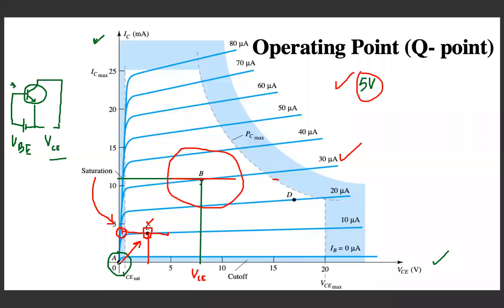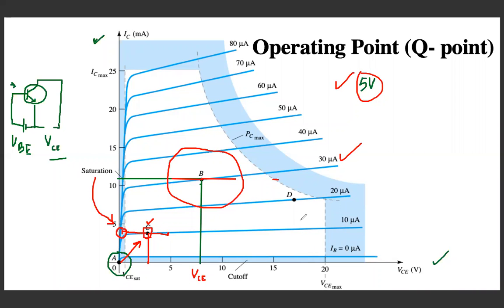This is near to VCE equal to 0 and IC equal to 0. और IB भी आपका 0 के पास में है, ठीक है। तो उसकी वजह से क्या होगा, ज्यादा रेंज को ये जो है वो ठीक से ऑपरेट नहीं कर पाएगा, एक पर्टिकुलर थोड़ी वेरी स्पेसिफिक रेंज पे ही ऑपरेट कर पाएगा। Otherwise it will go into the saturation region and it might also go into the cutoff region. अगर बेस करंट 0 से कम हो गया तो कट ऑफ में भी जा सकता है,